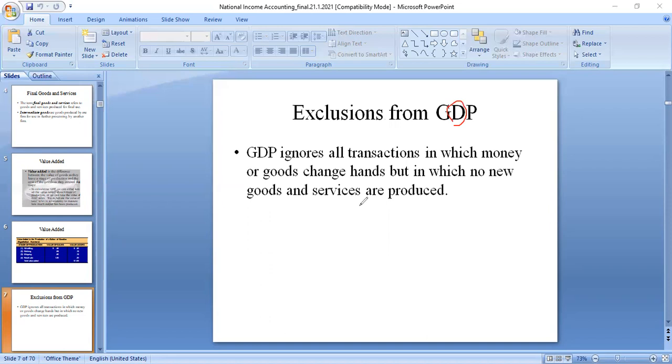Yeah. We are going to see why it excludes those goods that change hands, basically to avoid what we call double counting,